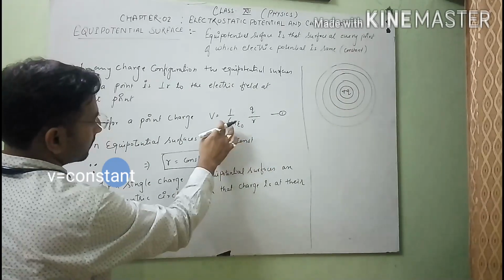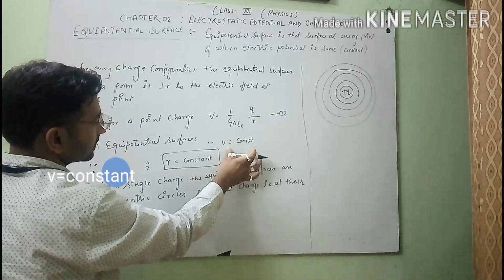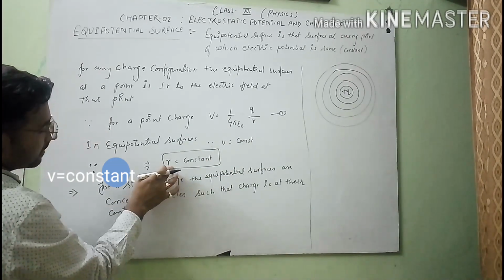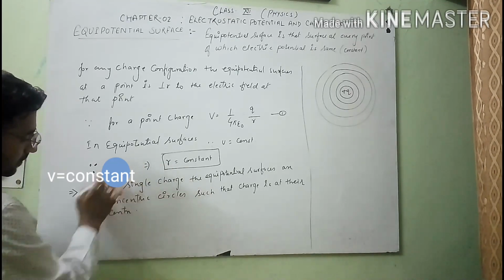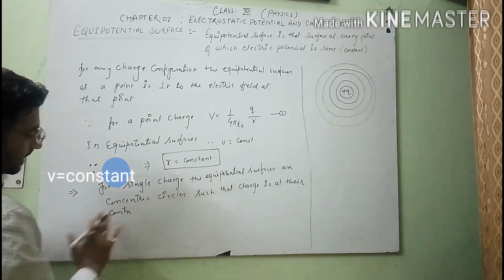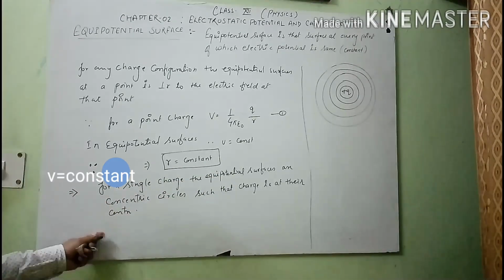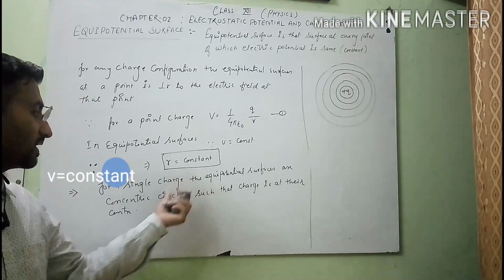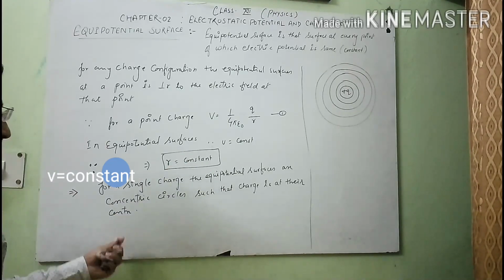As we know, V is equal to a constant with this formula. With this formula we know that V is constant on an equipotential surface. From this formula we get r is equal to constant. So after this, r is equal to constant, we can give a statement for that. If the value of radius is constant, it means that for a single charge the equipotential surface is in the form